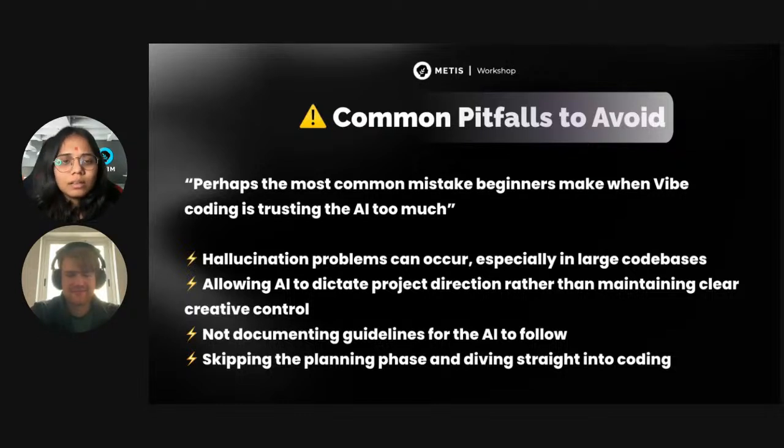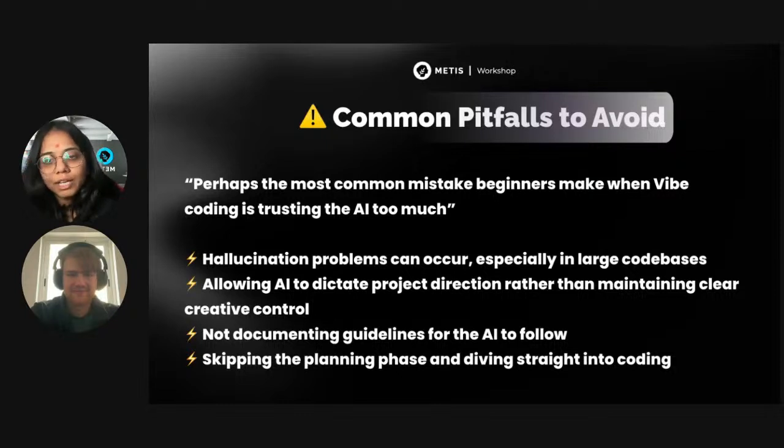Let's talk about the second pitfall, and then I'll continue with hallucination. It's letting AI steer the ship. You are the builder, so don't let the AI decide the architecture, the file names, or the UX.